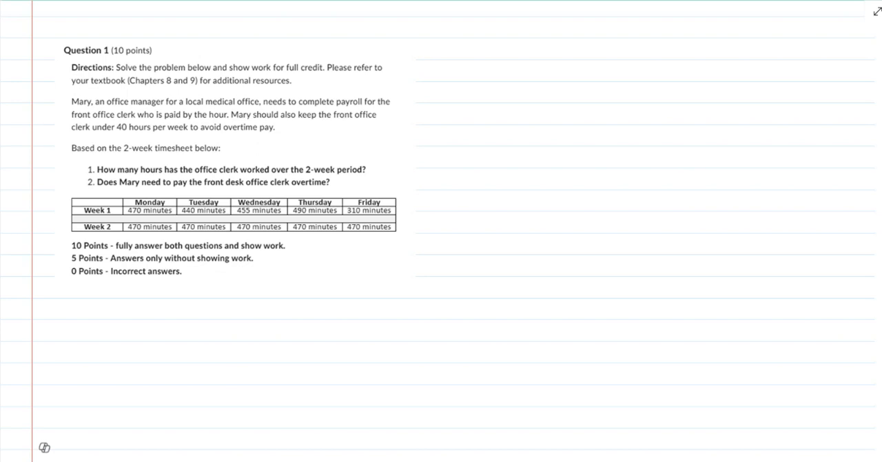Okay, let's take a look at the week 4 extra credit. Mary, an office manager for our local medical office, needs to complete payroll for the front office clerk who is paid by the hour. Mary should also keep the front office clerk under 40 hours per week to avoid overtime pay. Based on the 2-week timesheet below, how many hours did the office clerk work over the 2-week period, and does Mary need to pay the front office desk